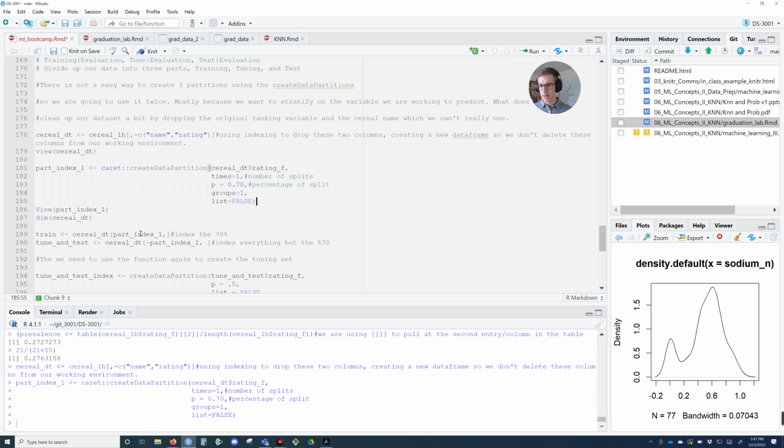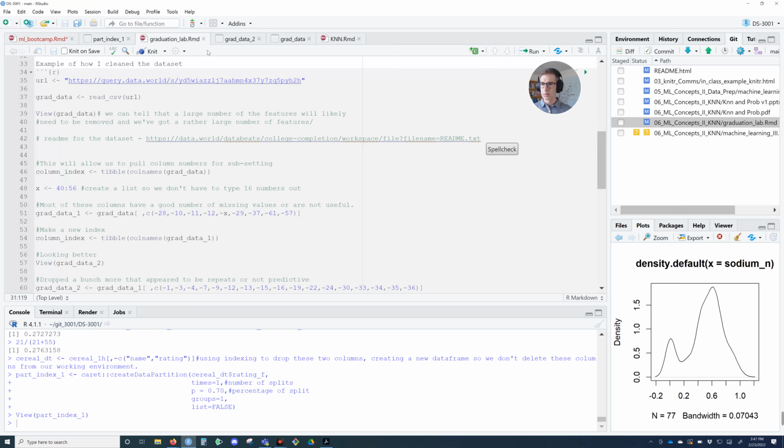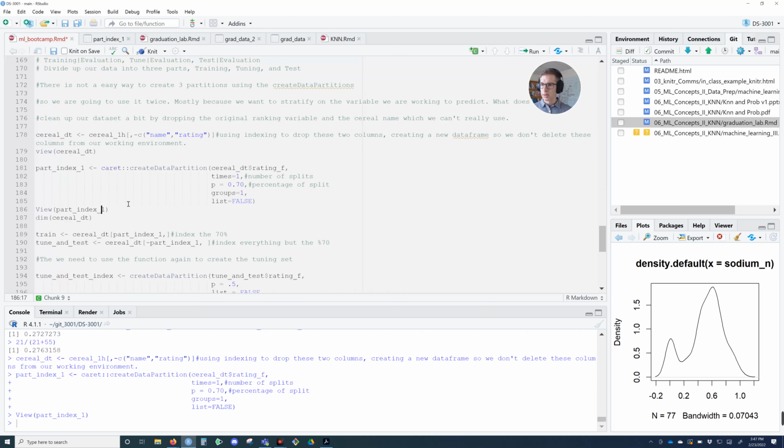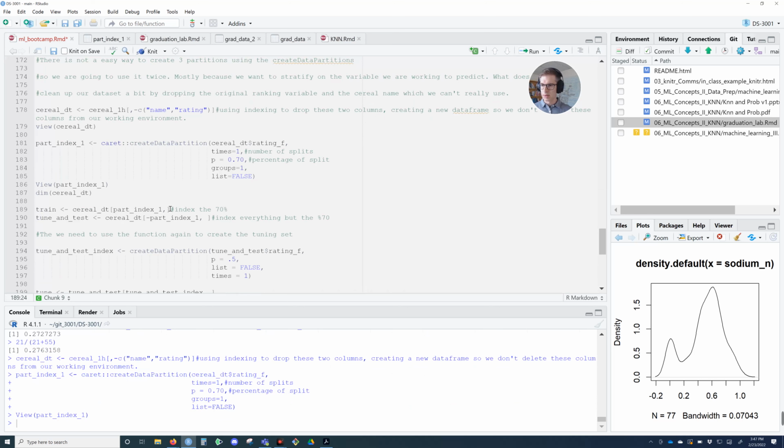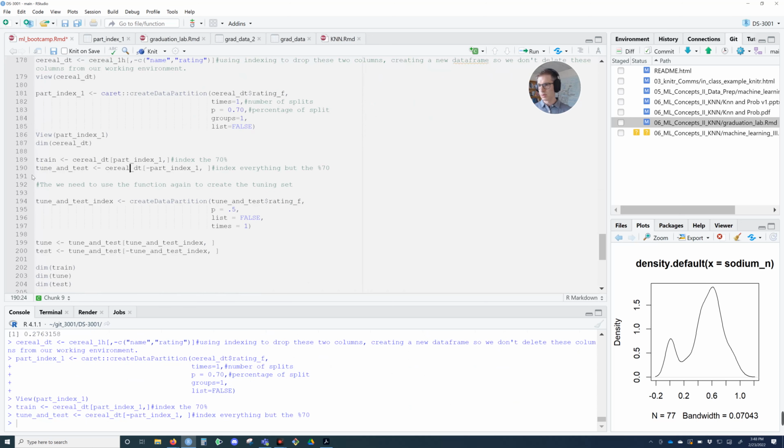It just creates an index. An index is just, if you want to take a look at it, a list of random numbers. It just randomly selects those, again maintaining that stratification. Then what we're going to do is pass that index in. So this is our rows, columns. We want all the columns, but we only want the specific rows that are created with this partition. And then we're just going to do the opposite. So that creates our train, and then we have our tune and test